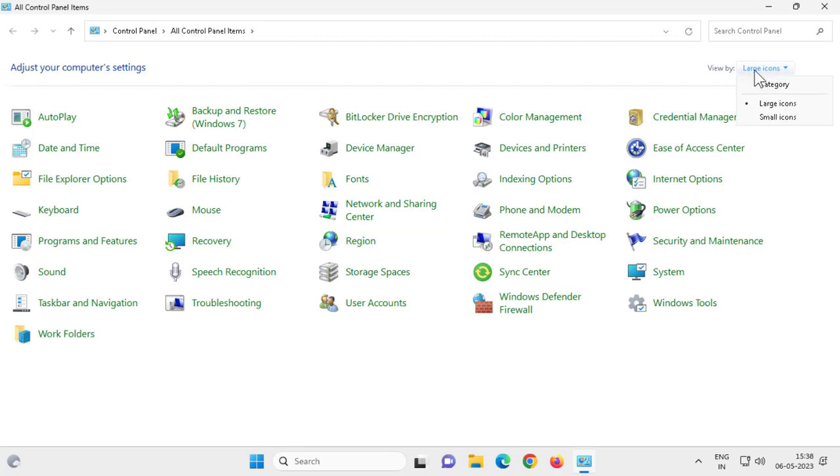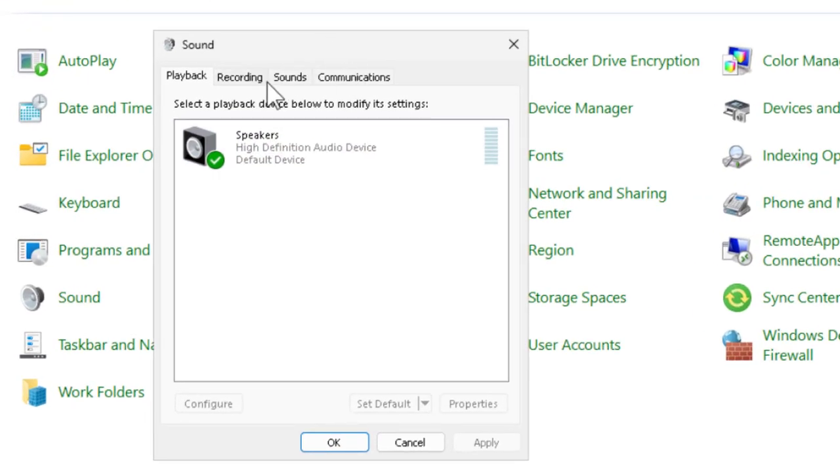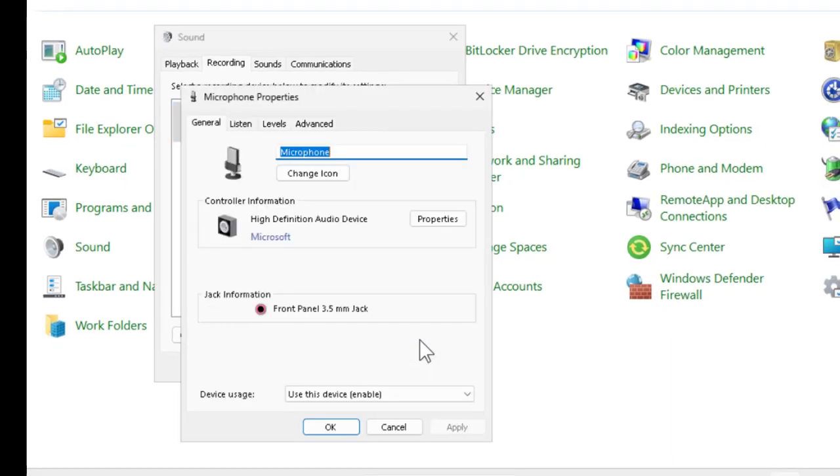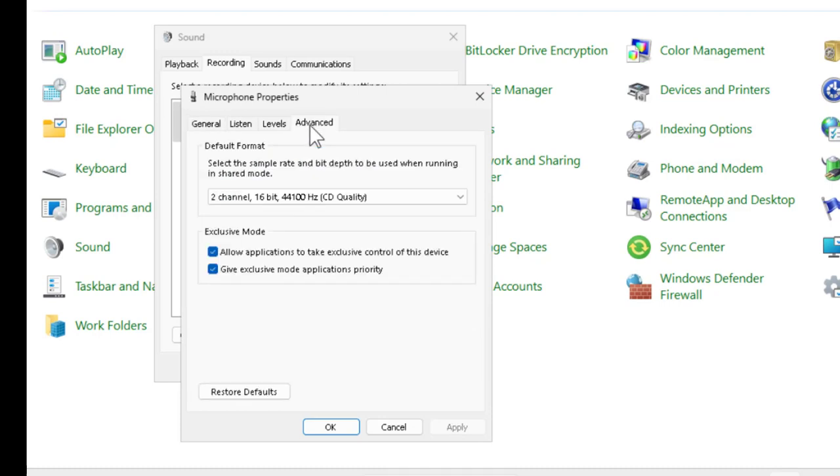And you need to select, on the right side, view by large icons. After that you need to select sound. Here you need to select the recording tab. On the recording tab you need to click on your microphone and click properties, and go to the advanced tab over here. Under exclusive mode, you need to turn off both of these options, then apply